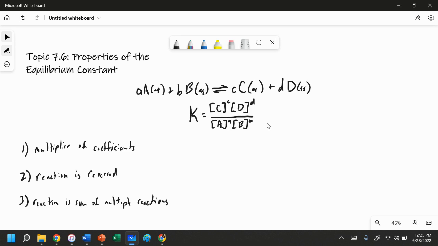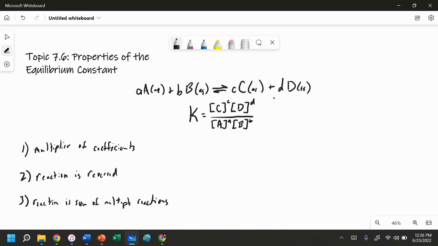So what we're going to look at is what happens if you change this reaction in some way. What will that do to the equilibrium constant? So I've given you three different ways that we could change the reaction. One, if I wrote this equation in terms of different coefficients. In other words, the coefficients have to be a certain ratio, but what if I multiplied all of those coefficients